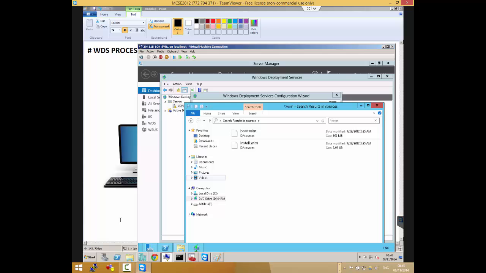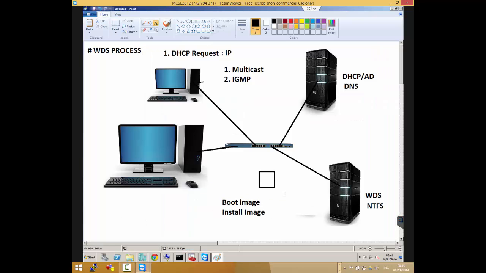Think about it: WDS has existed for a long time. Nowadays we have laptops and systems that have 8 gig, but WDS used to exist as Remote Installation Service (RIS) in older versions of Windows. If your computer had 2 gig of RAM, that was a really powerful computer.